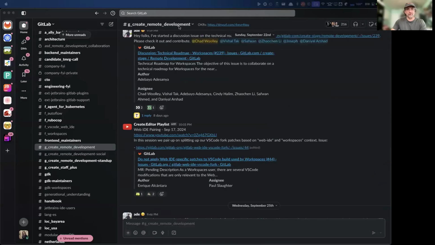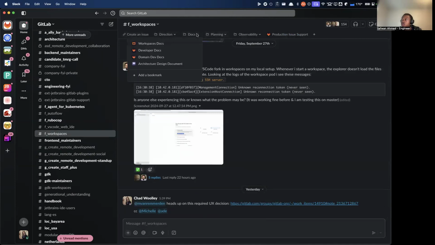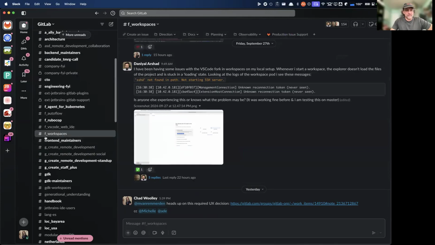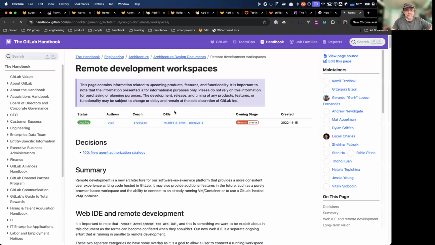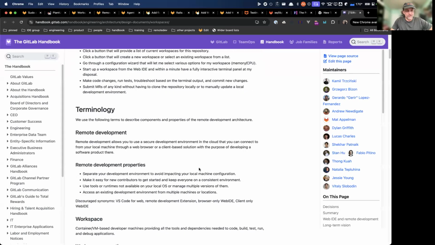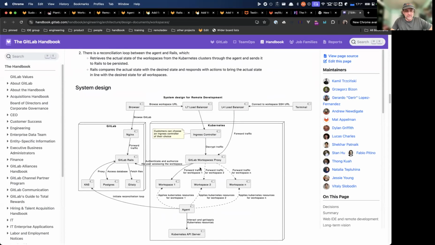In the bookmarks of the Workspaces channel, I just sent it in the chat. Yeah, I got it here. So the architecture design document, in the Workspaces Slack channel, the architecture and the docs and the bookmarks, there's the architecture design document. And this is what I was looking for. They moved it to a different repo. That's why I knew it wasn't in the docs site, and so I wasn't sure where to search for it. But the diagram here, system design,